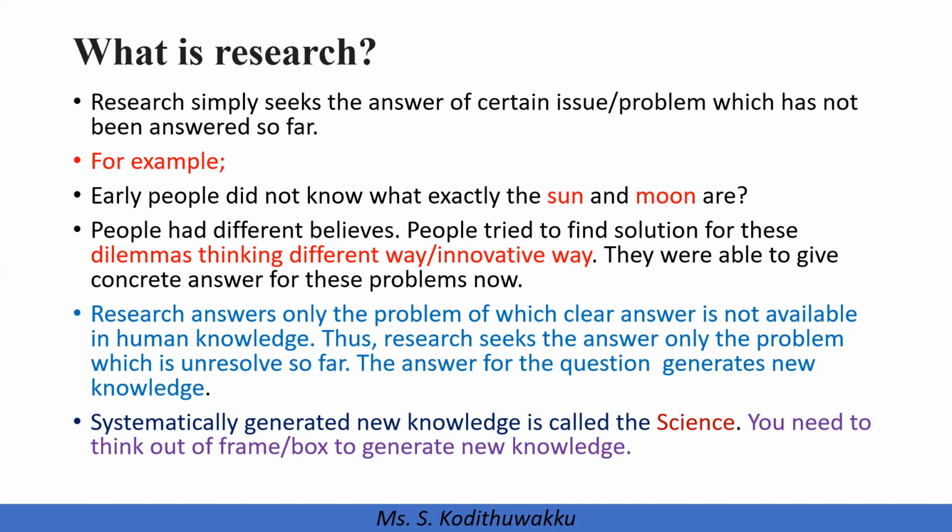Early people did not know what exactly the sun and moon are, right? Then they did a lot of experiments. They did a lot of research to identify the nature of the sun or the nature of the moon, because they didn't have the knowledge, or let's say idea, about the moon or the sun. So they conducted a lot of experiments. Then another example,